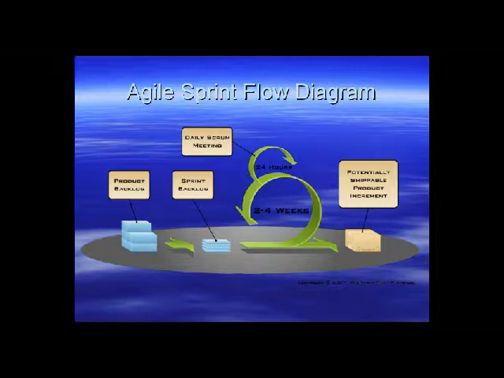The Agile sprint flow diagram has several components. The product backlog is the high-level requirements. As these are pulled into a sprint based on priority, these requirements are broken down into lower-level stories or subsets of features and worked on during a 2 to 4 week sprint. It's a time box that pulls in only the work that can be completed during that 2 to 4 week